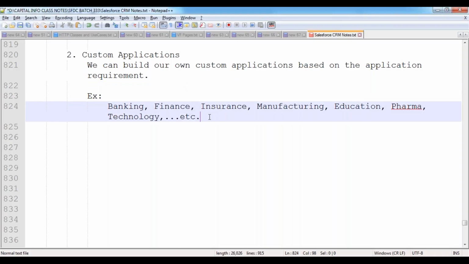Now, in this case, the custom application will be built by whom? Only the administrator or Salesforce developer, not the customers, not the end users, not the partners.